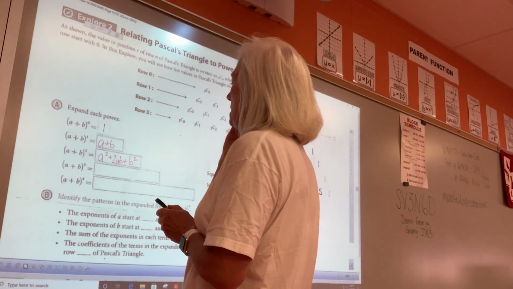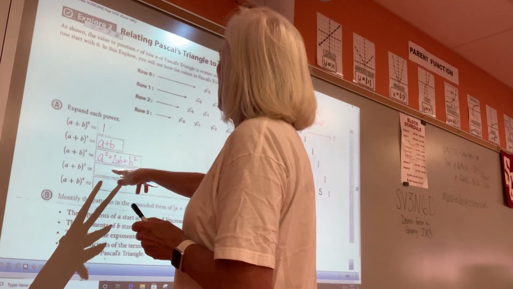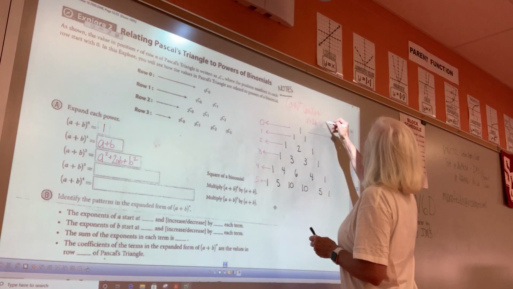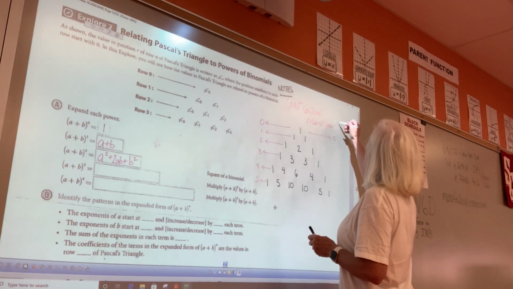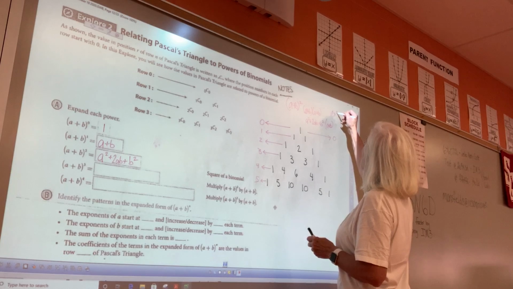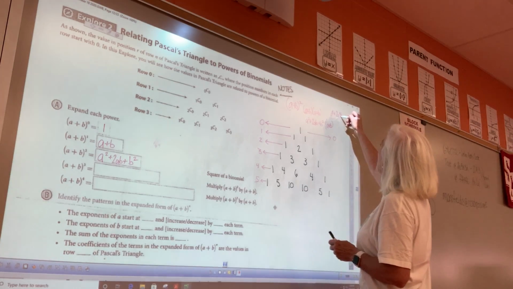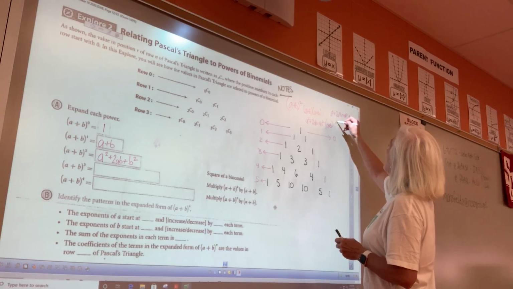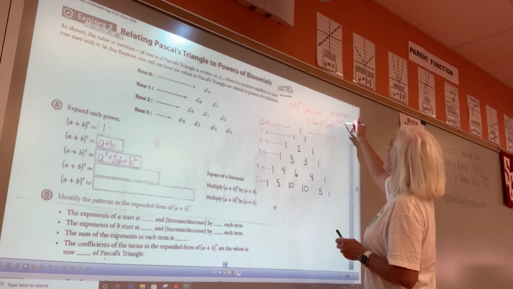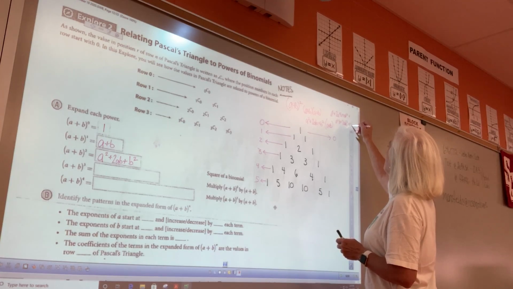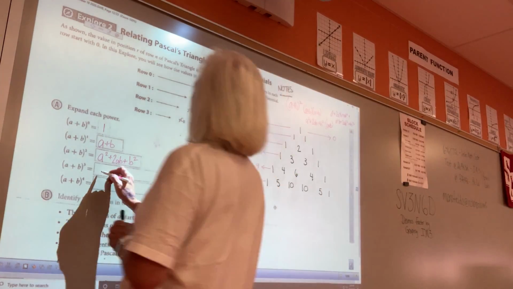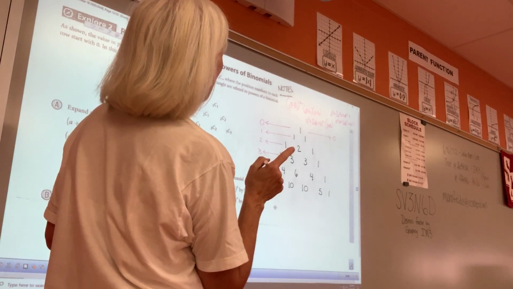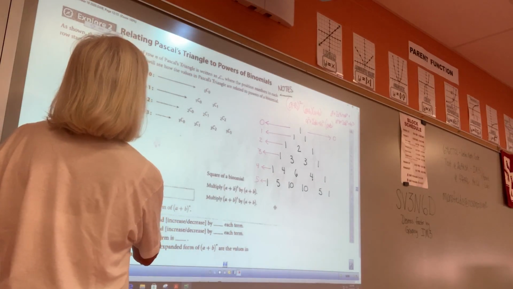So for this one, let's see. I'm going to do this right here off the top of my head. What is that? A cubed plus 2a squared b plus ab squared plus a squared b plus 2ab squared plus b cubed. Okay, so we have a cubed plus 2a squared b, 3a squared b. I'm going to add those